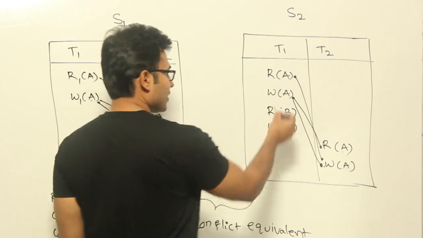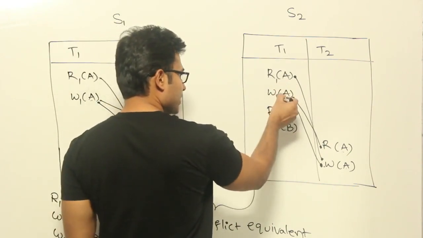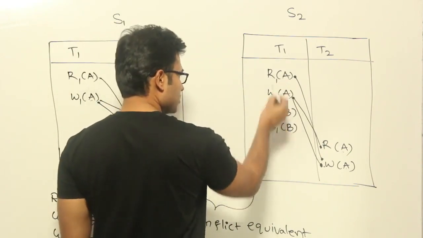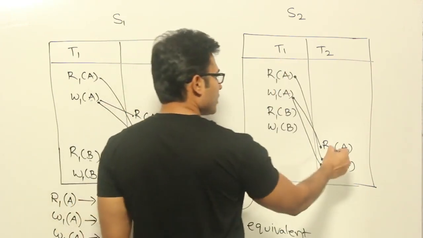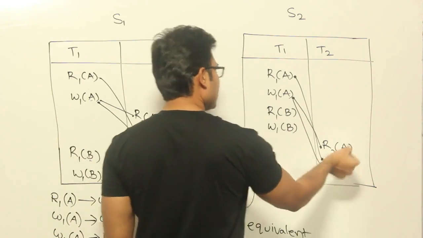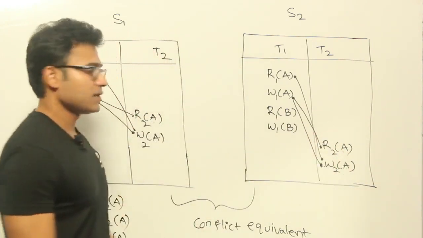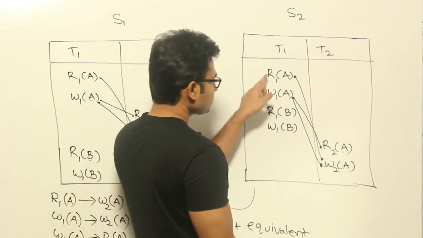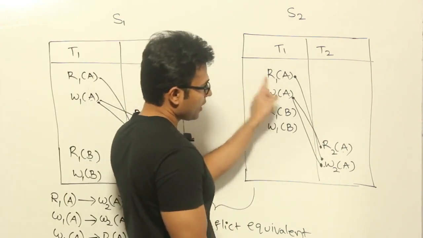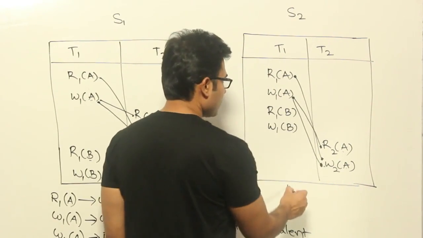Now just for the sake of understanding, you can rename this as 1 1 1 1 to understand that these are all the operations happening on transaction 1, and you can write it as 2 2 so that you can understand that these are happening on transaction 2 side. Okay, fine. Now if you see the order, first this should occur and then this should occur,